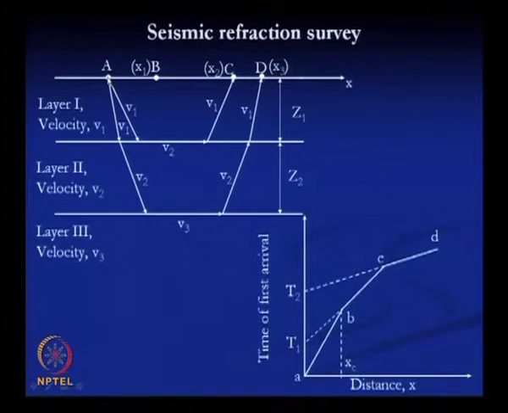After this hammer blow, the wave will be generated and it will pass in different directions. It will pass to this layer and come here, and it will either reflect or refract. With the help of this methodology, we can determine the seismic properties, the velocity of the particular wave which is generated, and then the thickness of each layer.